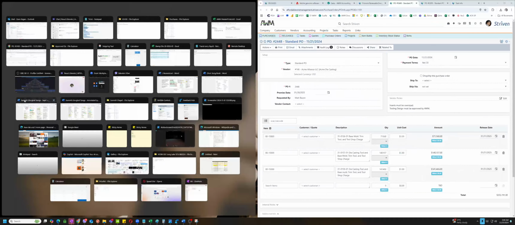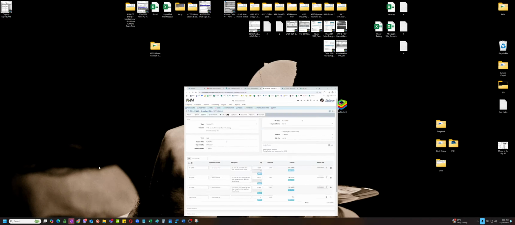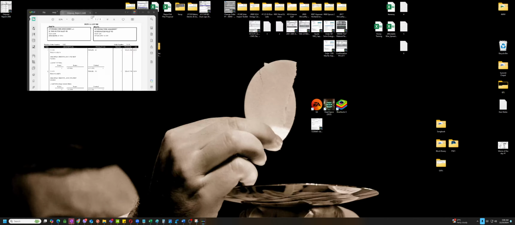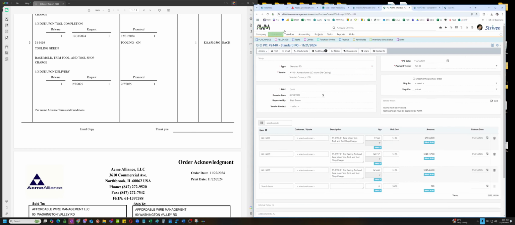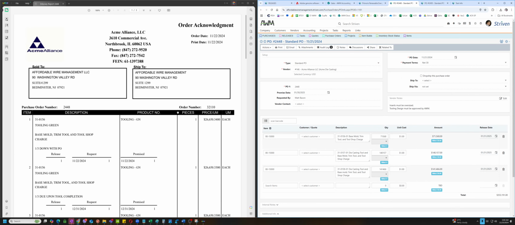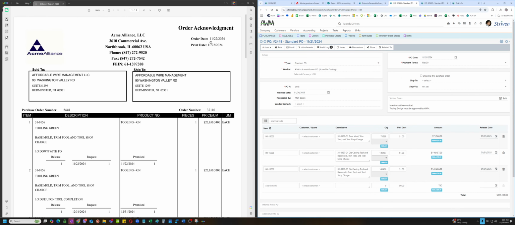Dito side by side. Ay, hindi pala ako. Pulling to 26,650.